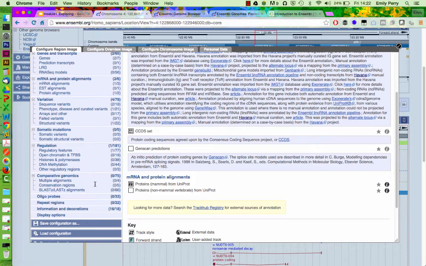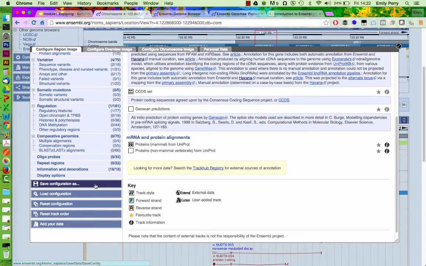We had a question in the live webinar, so I'll just let you know now about saving configuration. You can click on this button, Save Configuration As. If you've found a configuration that you use regularly, you can save it and it will save it to your session, which means that if you go back to the same computer, it will remember you using cookies, but you could also set up an account, and I'll just show you that when I've come out of the menu.